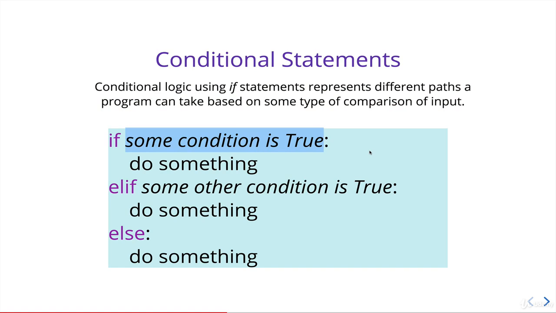Some condition is true. So that is not going to fly in Python because it's going to think there's a variable named some and another one called condition, and it doesn't know what we're doing, and it's going to freak out. But we would have something up here like if game equals not over, or if winner equals 1, or if high score is greater than 99. Whatever our comparison would go here, it needs to evaluate to true in order for this code, represented by do something, also not valid Python, but this code will only run if this bit is true.